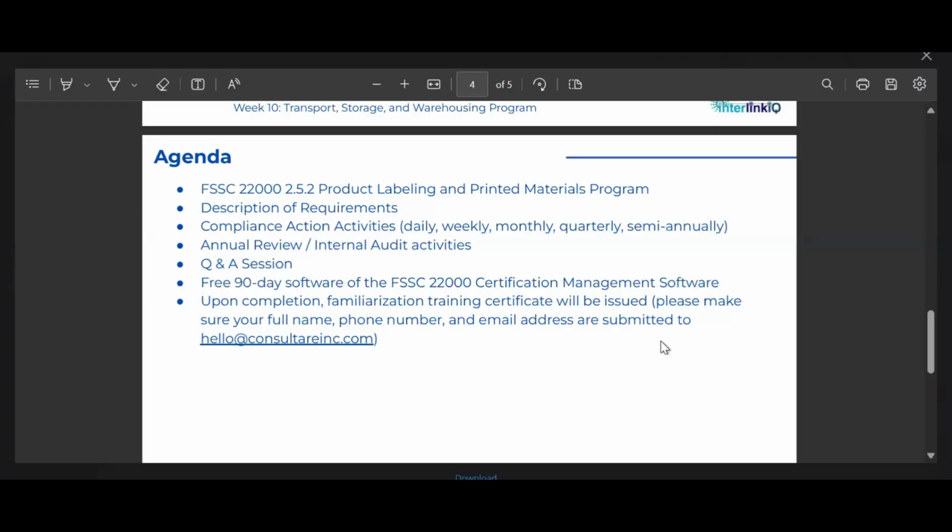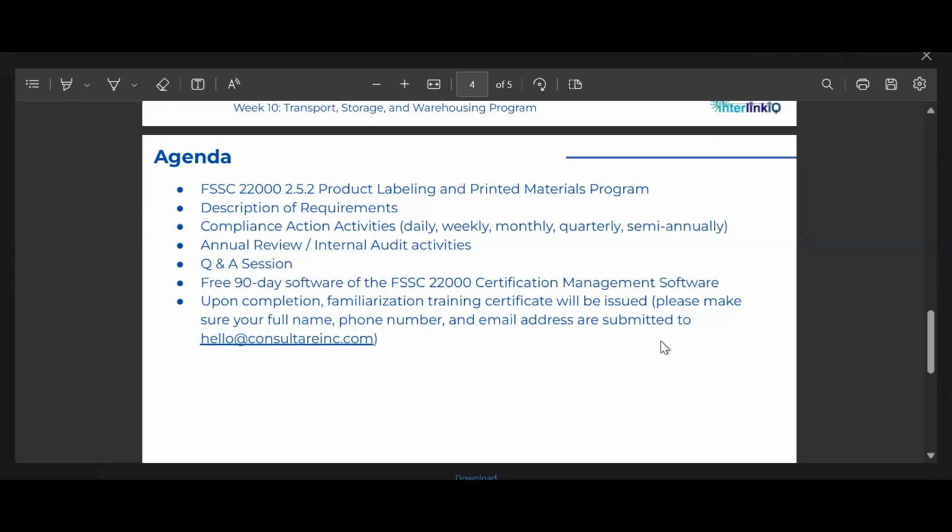We'll start with a clear description of the requirements, followed by a walkthrough of the compliance action activities, which are the scheduled tasks carried out on a daily, weekly, monthly, quarterly, and semi-annual basis to ensure ongoing certification readiness. We will also discuss the importance of the annual review and internal audit activities, which serve as checkpoints to verify the effectiveness of the program and maintain continuous improvement.